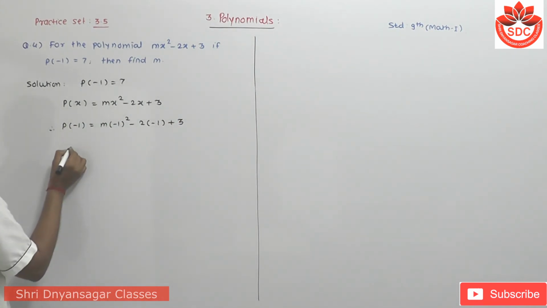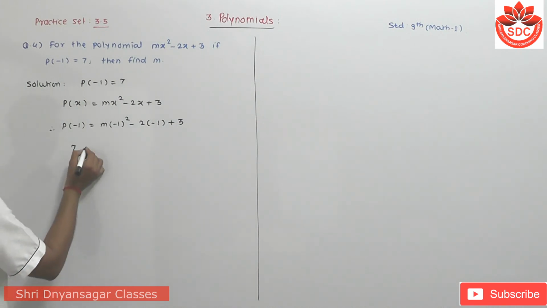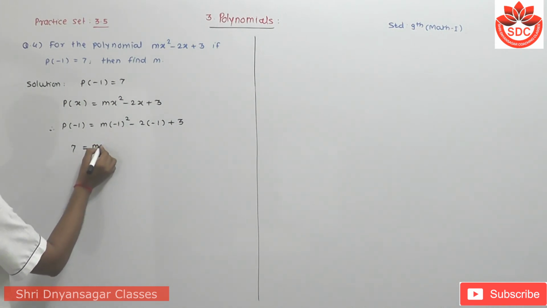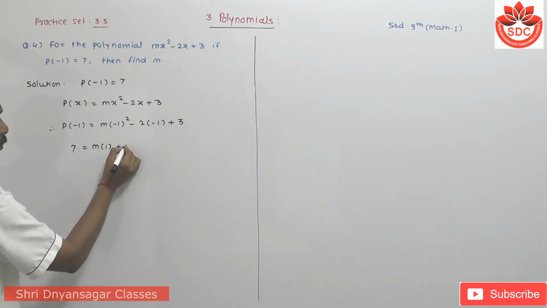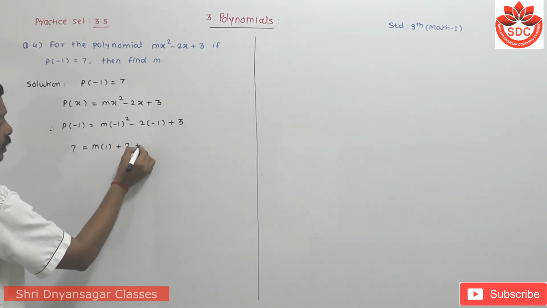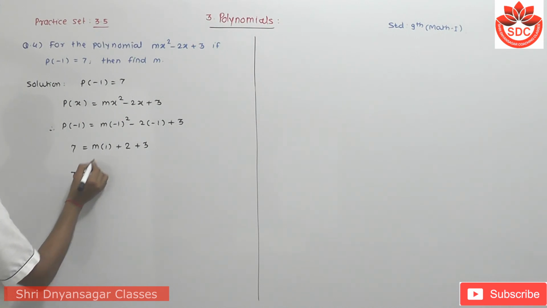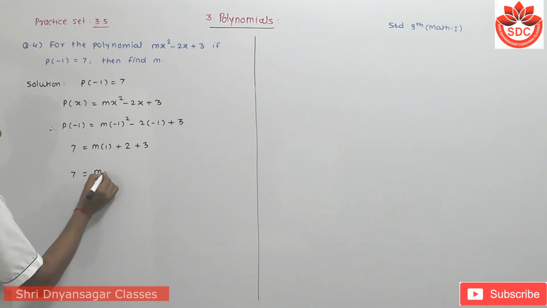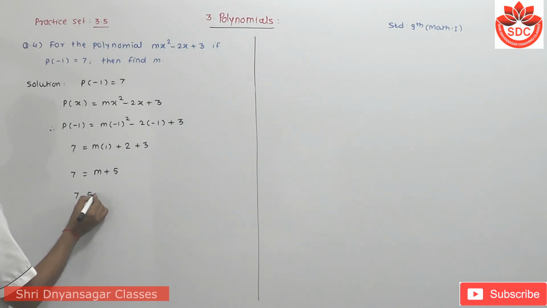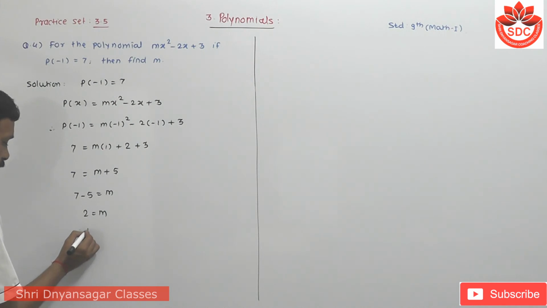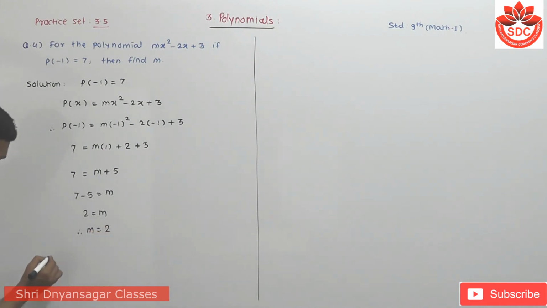P of minus 1 is given, here it is 7, equal to m into minus 1 square is plus 1, then minus minus plus 2, then plus 3, then 7 is equal to m into 1 is m plus 5. This 5 transposes here, 7 minus 5 is equal to m, then 2 is equal to m, therefore m is equal to how much? 2. Therefore the answer in full sentence, answer, therefore the value of m